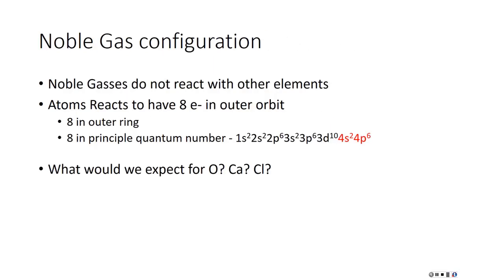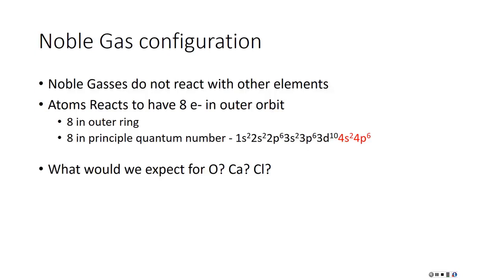The next major trend that we're going to look at is called the noble gas configuration. Now remember, the noble gases are in the 8th column of the periodic table: helium, neon, argon, krypton, xenon, radon. These are called the noble gases because they do not react with things. It's very, very difficult to get any of them to react with something. And the reason why this occurs is because they have 8 electrons in their outer orbit, or in their valence